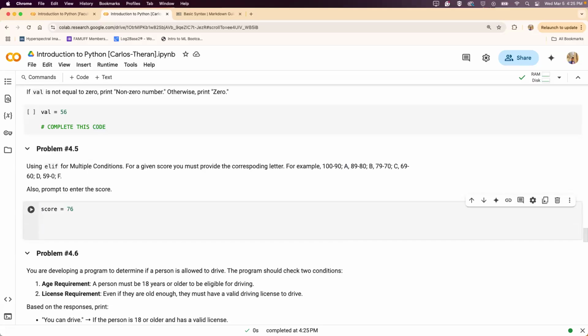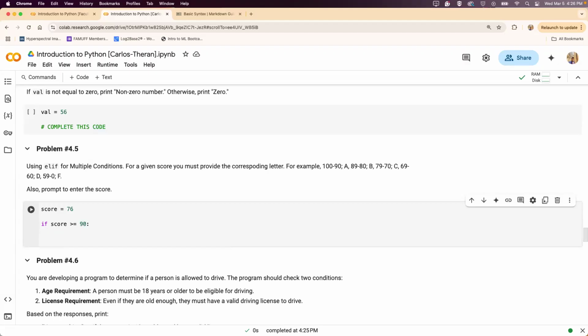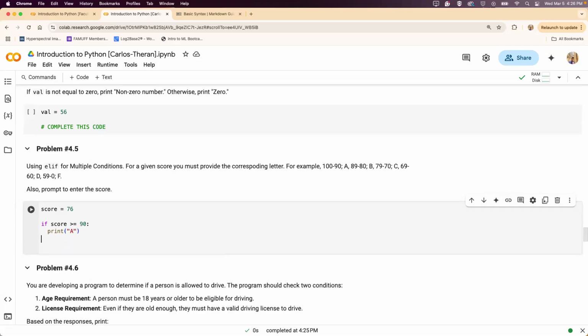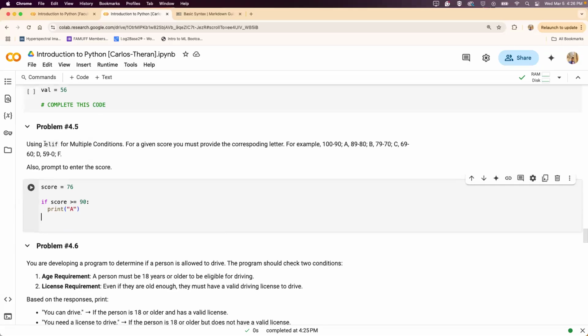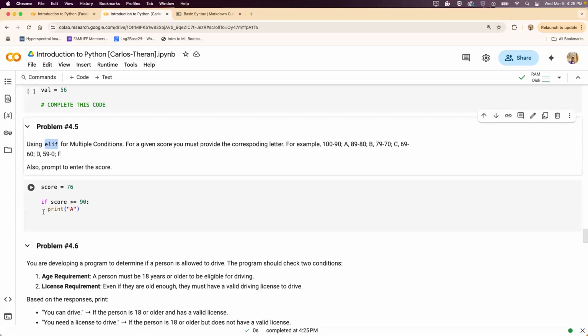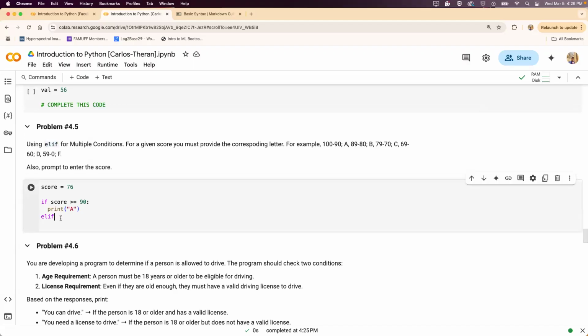And let's start defining the first statement. If the score value is greater than 90, well, let's do greater than or equal. Let's include the 90. Then we are going to print A. Now we are going to use the elif statement. This is a new statement. Elif